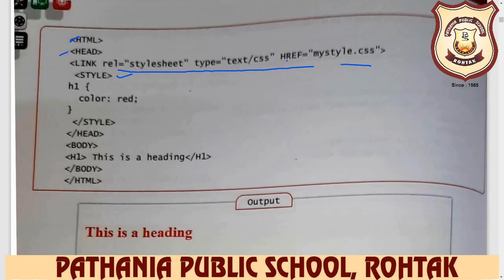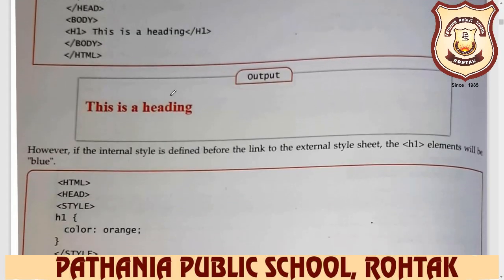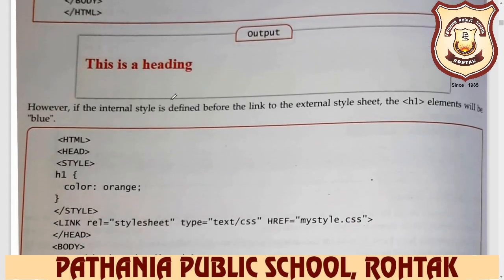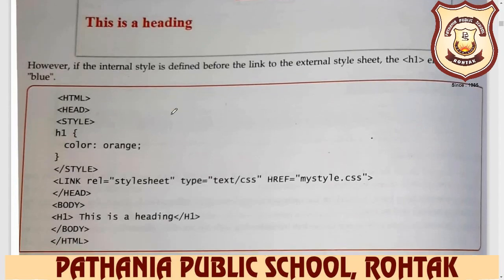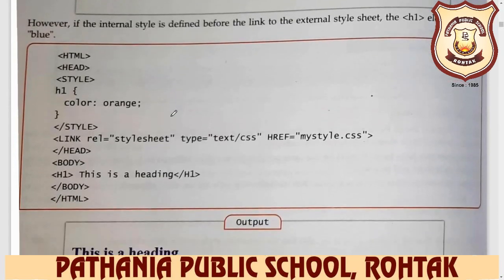In the external style sheet we defined the color blue, but after the external style sheet we defined the color red, so our color is red. However, if the internal style is defined before the link to the external style sheet, the heading 1 element will be blue.